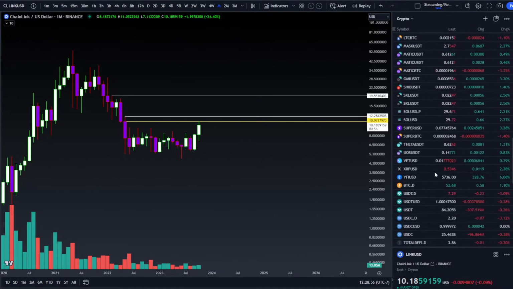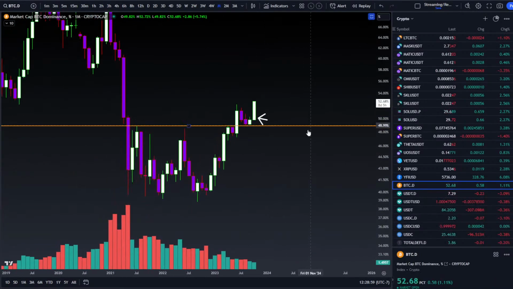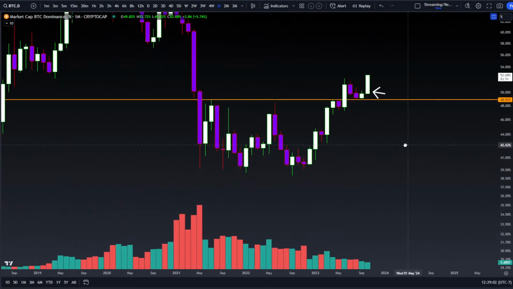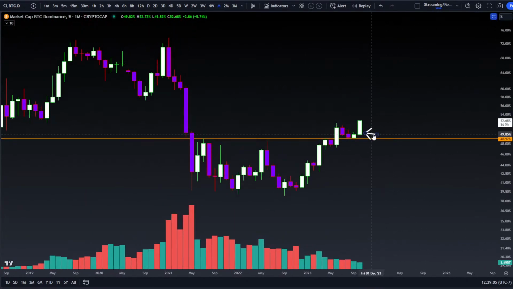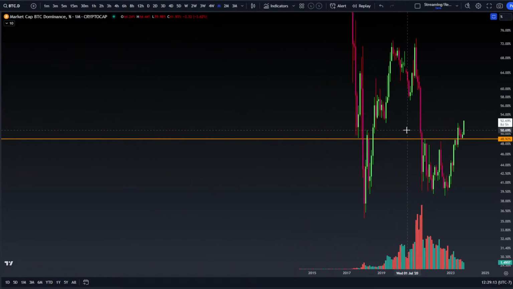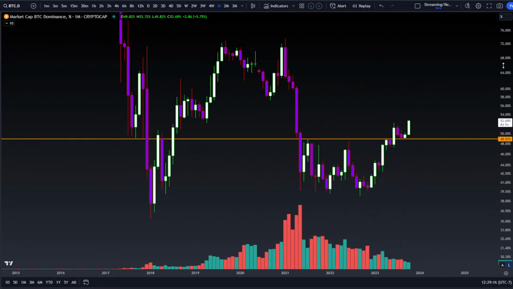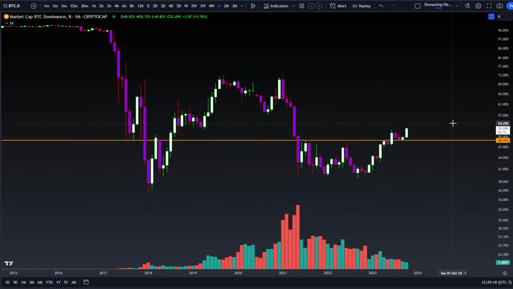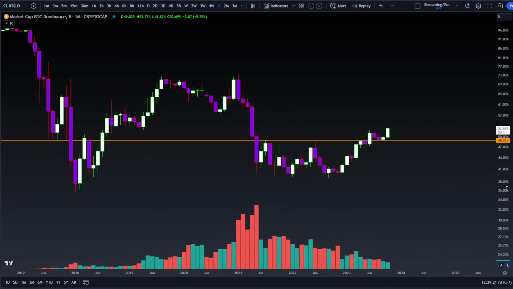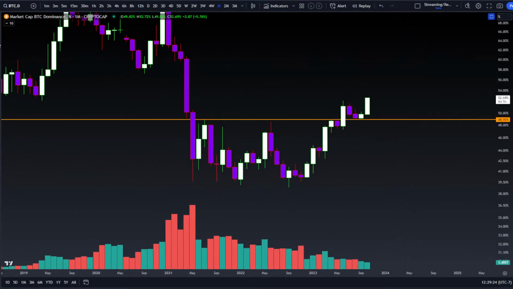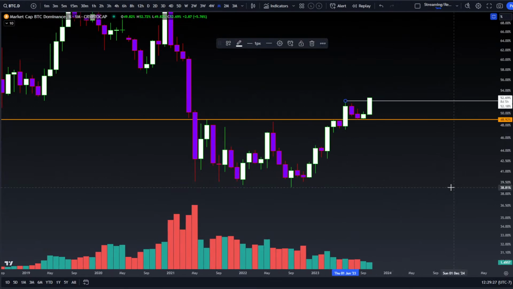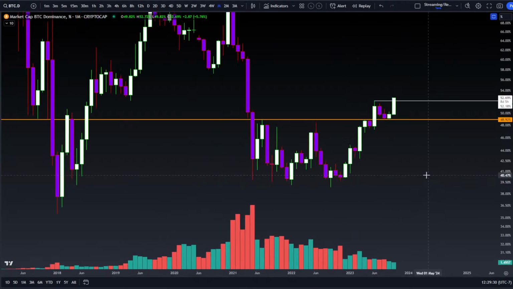Let's go look at the bonus here, which is Bitcoin dominance. You will see USD pairs running. You will see some alts running with the Bitcoin, and maybe even further than Bitcoin. But by and large, Bitcoin is killing alts right now, and it will most likely, if it can reclaim this close open up here,